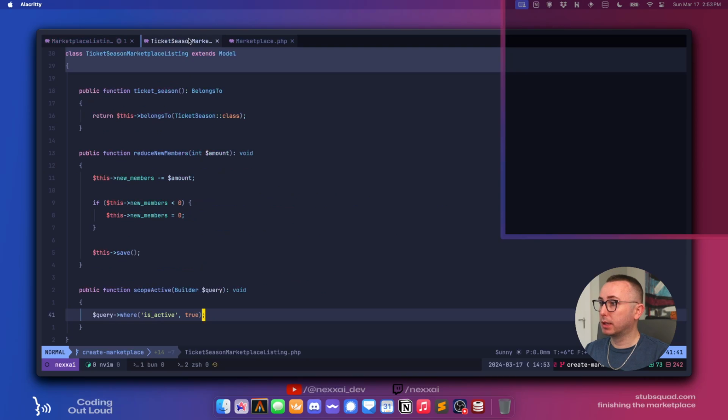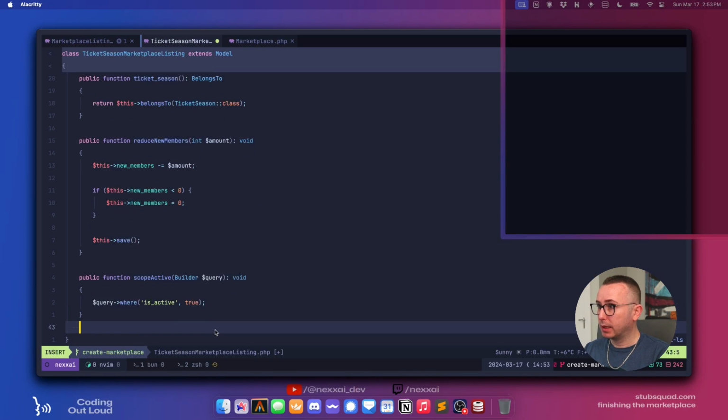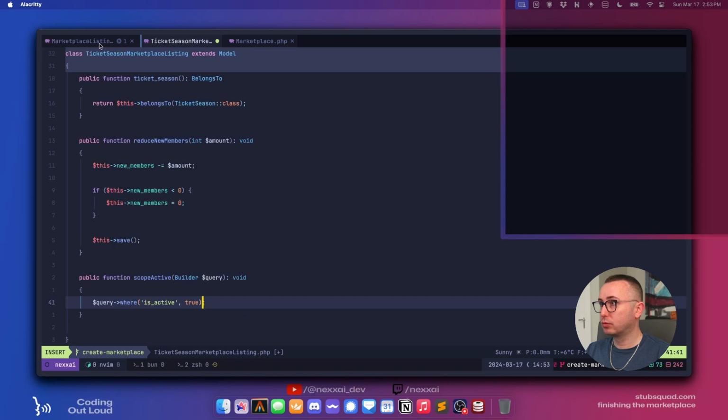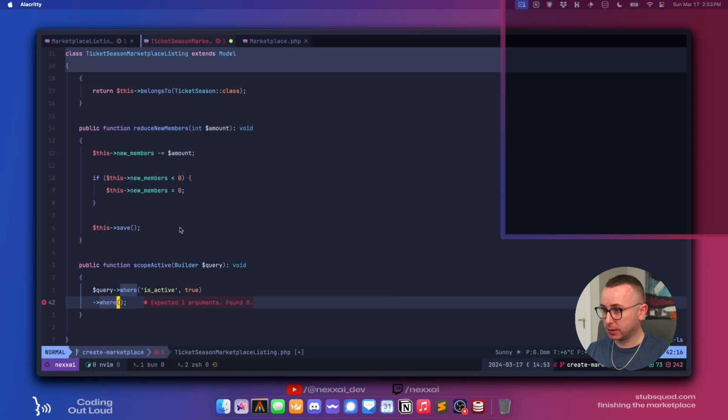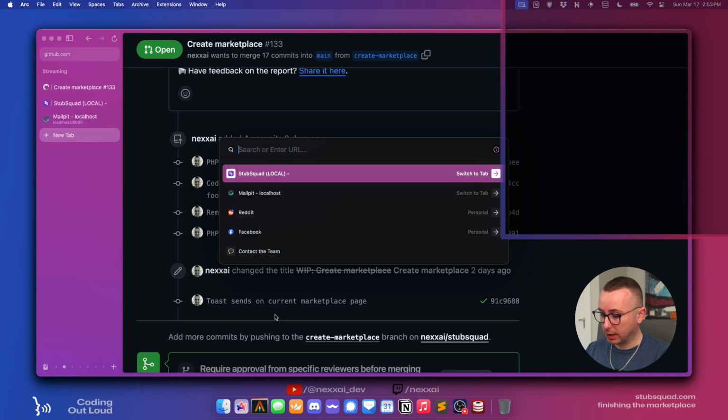So we want to go ticket season marketplace, and this is going to be interesting. I can never remember, and this is going to be a nested where, and I can never remember how to do this. So I'm gonna have to go digging here. This is annoying. Laravel where nested.